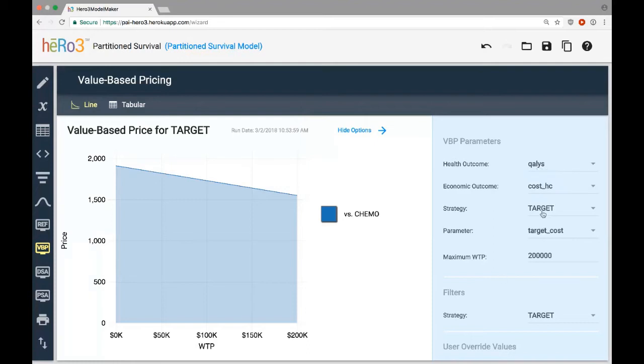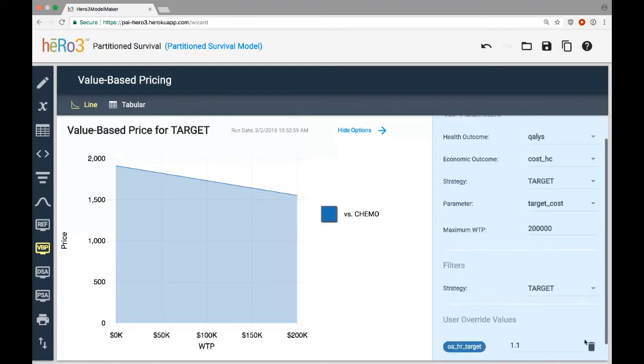We're doing this from the perspective of targeted therapy. And so in other words, the price that we're calculating is the price of targeted therapy. We also need to specify the price parameter. So in this case, the price parameter for targeted therapy is this variable that we would define, target costs, as well as the maximum willingness to pay that we want to show this for.